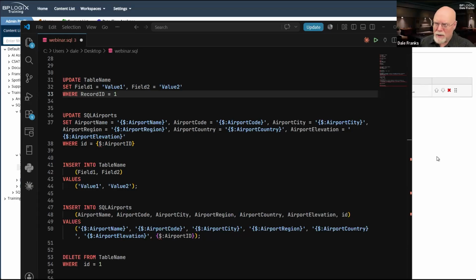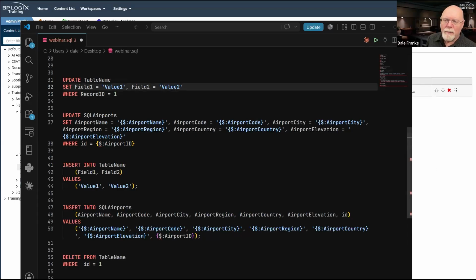I think it was because I was using ID as the field value, which is a stupid thing on my part because ID is kind of a reserved word in SQL. So those errors are coming from the database. That's not Process Director doing something wrong. That's generally, I've told the database to do something that the database says is wrong, and it's returning an error saying I can't do it, usually because there's a syntax error in what you have here.